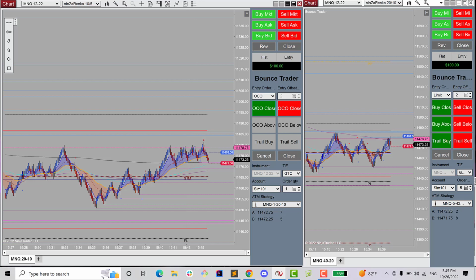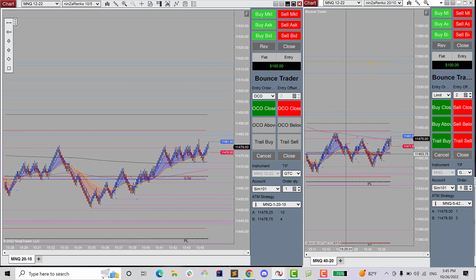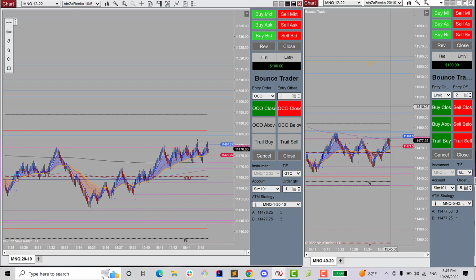And I usually prefer to trade on Ninja Renko 2010 with a 40-20 chart next to it. And there are lots of entry signals. You may have up to 20 signals just in the first hour of trading, so you have a lot to choose from. And yeah, there's a lot of signals, and I hope you are able to see that with this chart trader you are able to